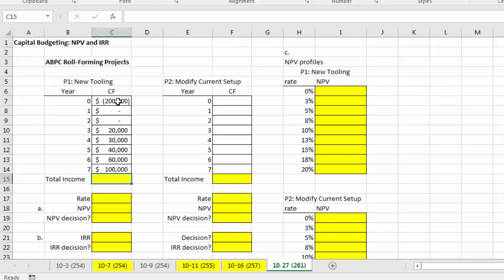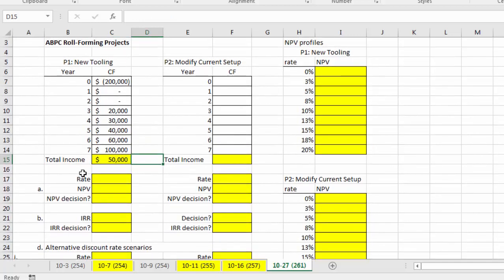So what's our total income from the project? Let's just auto sum that. It is positive, so that's a good starting point, but that doesn't guarantee that it has a net present value. That depends on our discount rate. So the initial discount rate